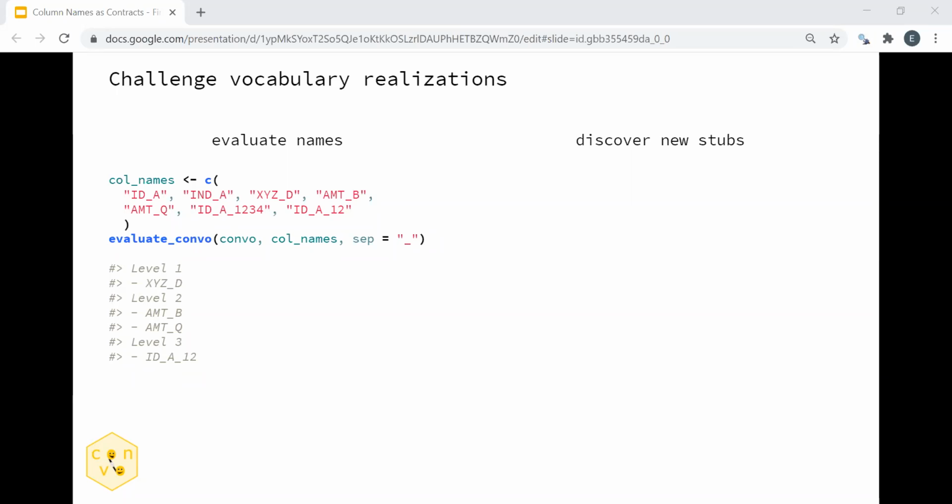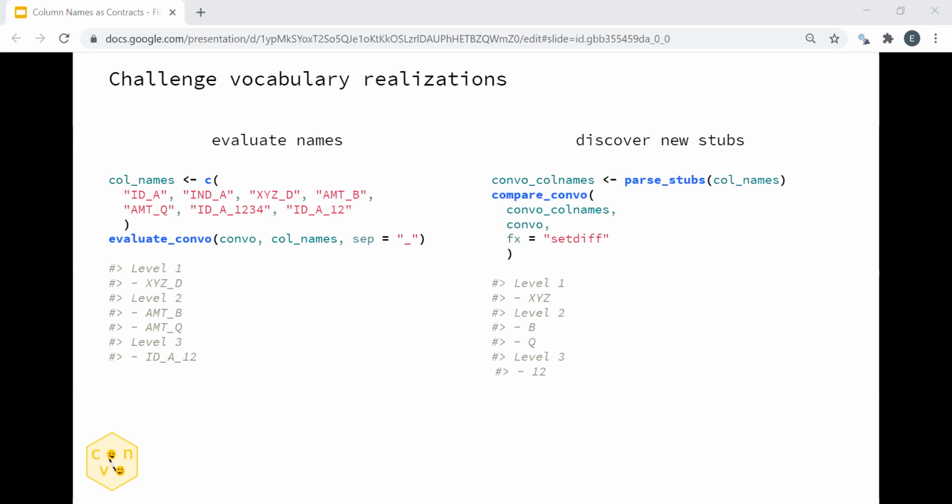First, maybe I made a typo when naming my variables, and XYZ isn't something that should be in a variable name, or I might have neglected to include that in my vocabulary. And as I've actually worked with my data, I've uncovered a concept that doesn't fit with any of the current names in the dictionary. So alternatively, we can use the compare convo function, which essentially implements all normal set operations